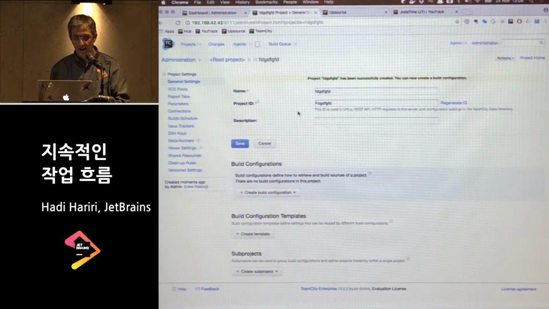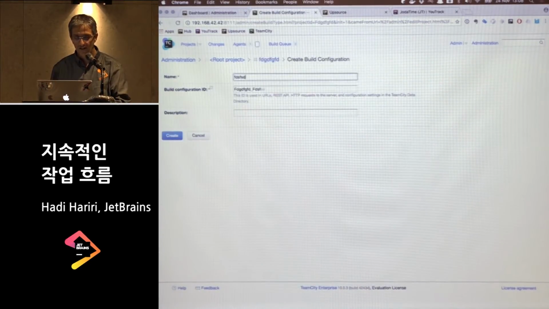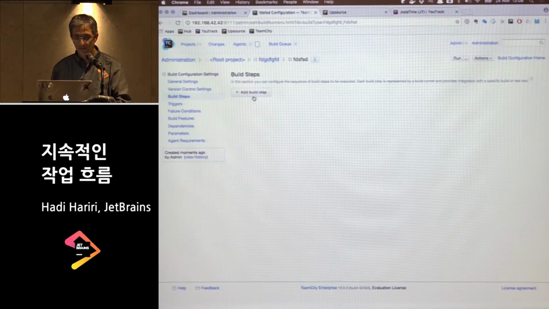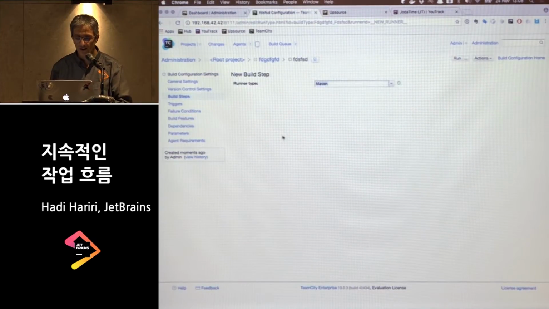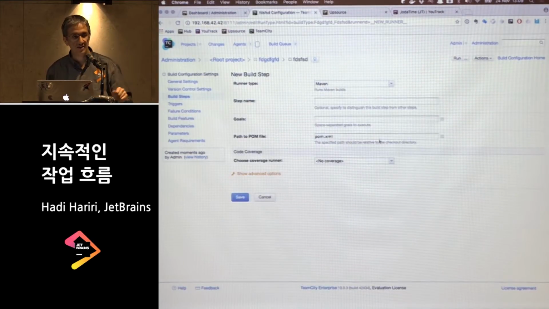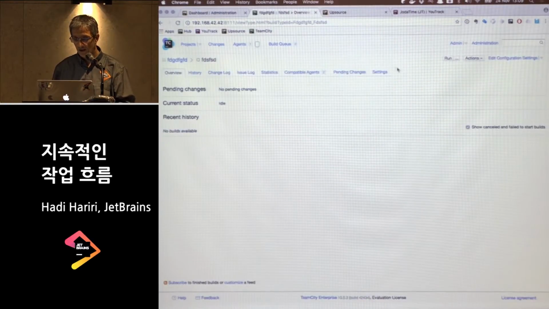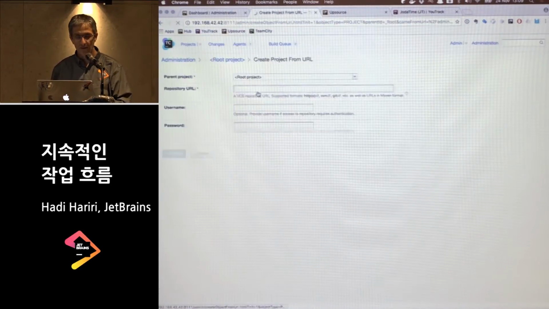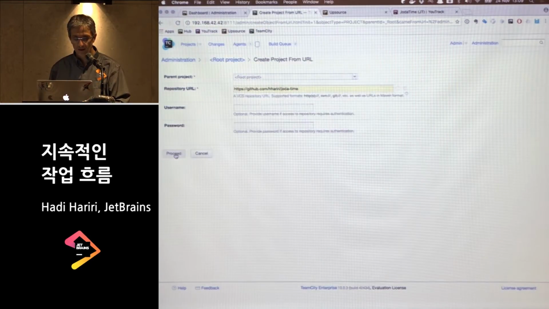and hit Create, and then go to create a new build configuration manually and fill out a bunch more information, and then come here and say Build Steps, add a build step, and say, oh, I want to do a Maven build, for instance, and hit Maven, and then it'll say, oh, fill out all of these steps for Maven, and so on and so forth. Or you can just come to the button here and say, create a project from a repository. And I say HTTP, let's say, for example, Yoda time,